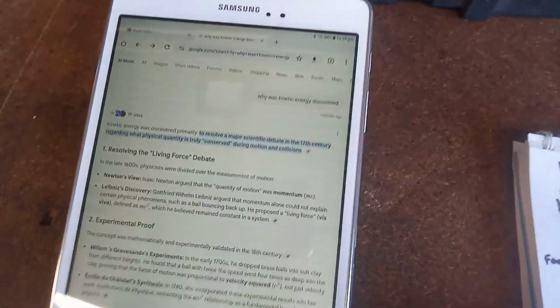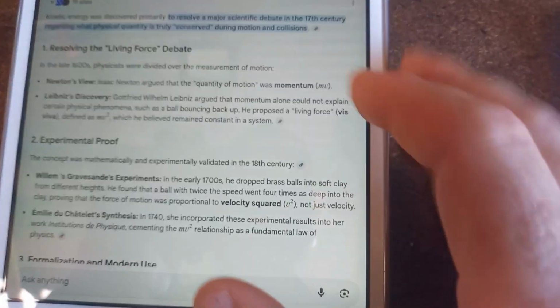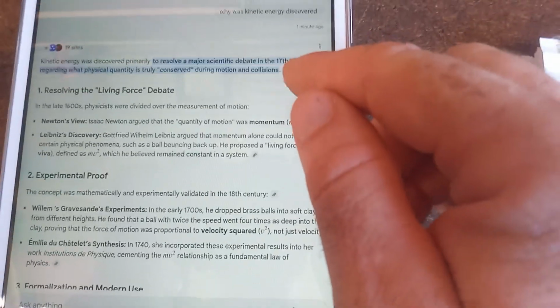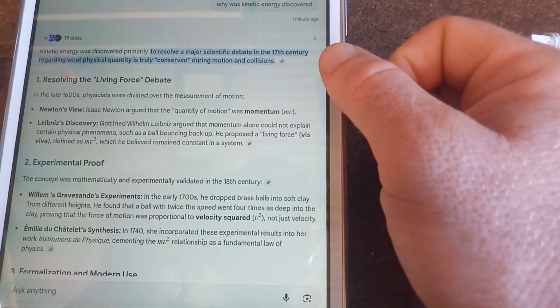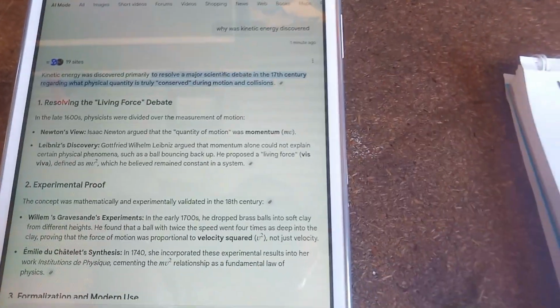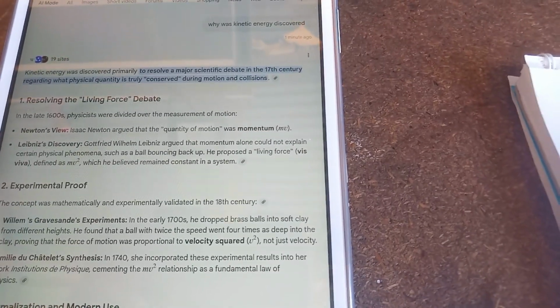I've actually got AI open over here where I've done a little AI search on the question, why was kinetic energy discovered? And over here we can say that it says kinetic energy was discovered primarily to resolve a major scientific debate in the 17th century regarding what physical quantity is truly conserved during motion and collisions. Okay,